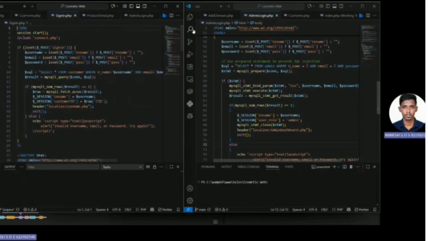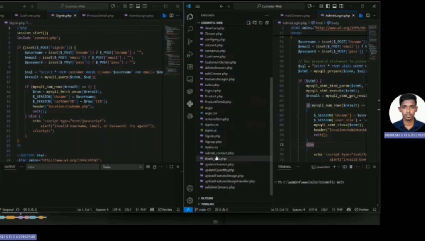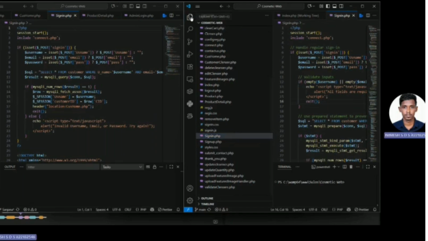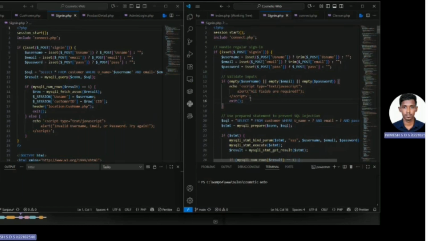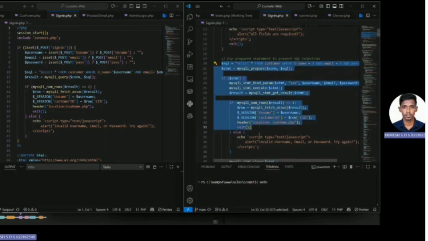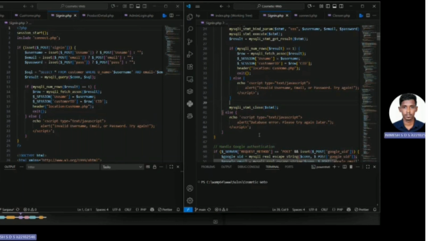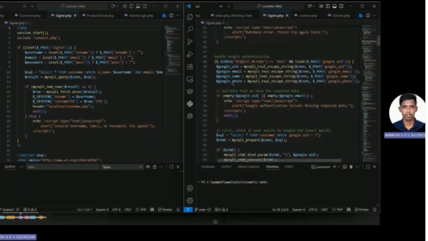As a solution there, I have added a prepared statement for the signin.php to validate the security of the web application, as well as added the validate input field. Here is the prepared statement I have added, and additionally here I have done the Google authentication part using